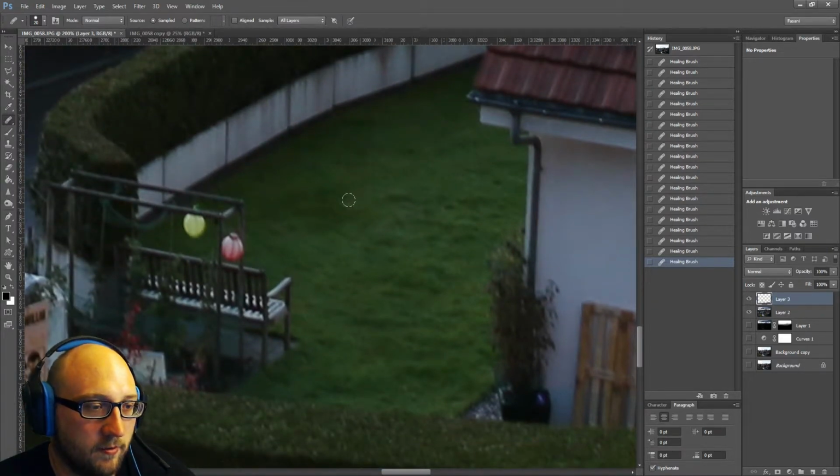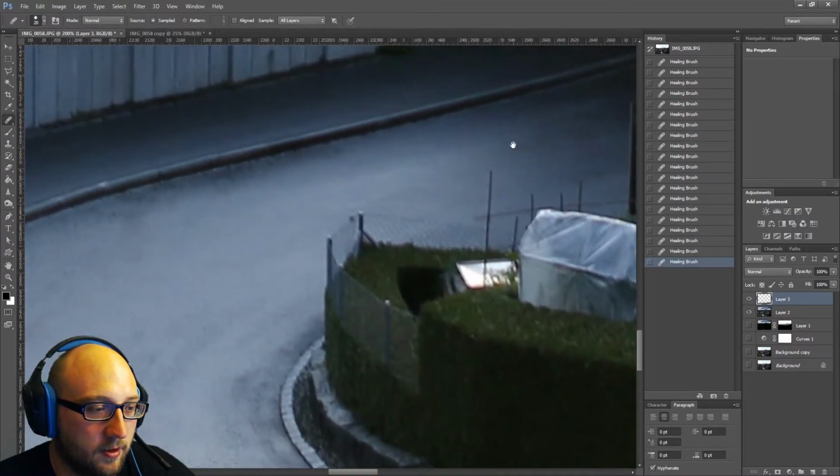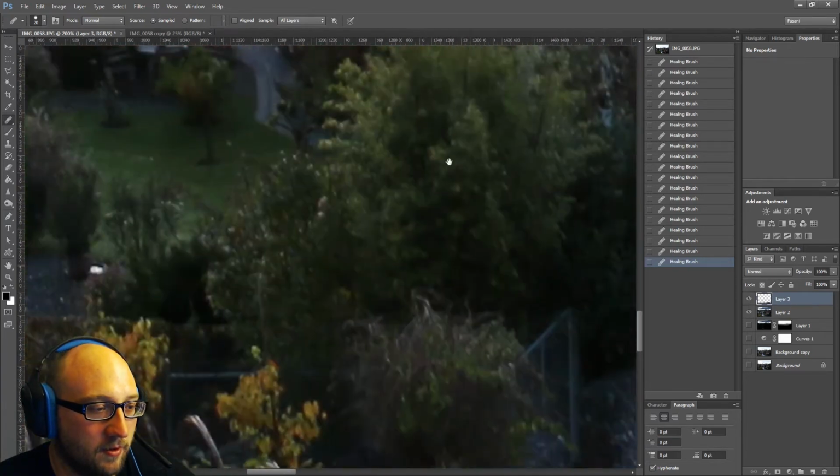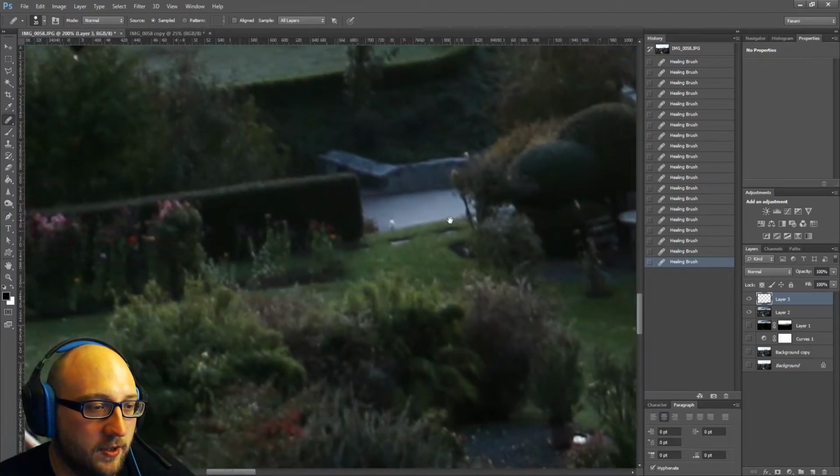So a few little lumps in the grass, you know. I mean, sometimes I'll spend hours just removing stuff, and it's stuff that people don't even notice. But when you see the picture at the end,